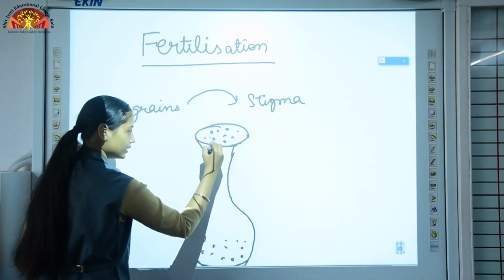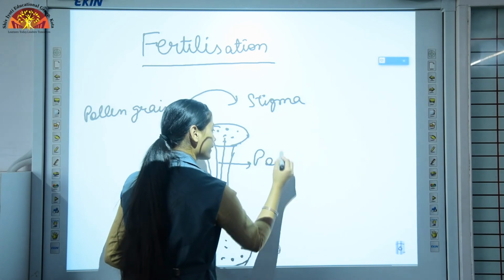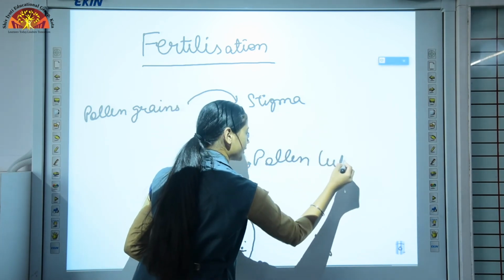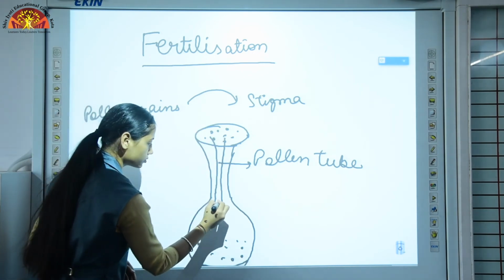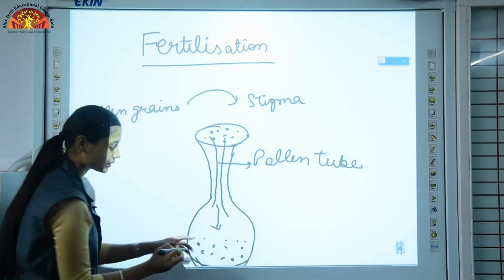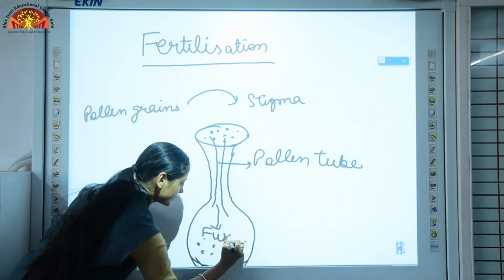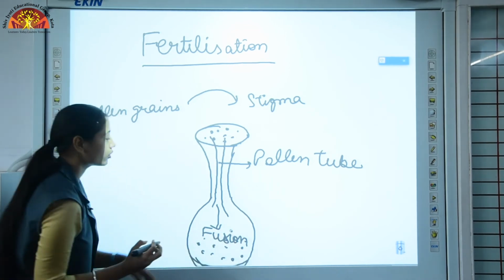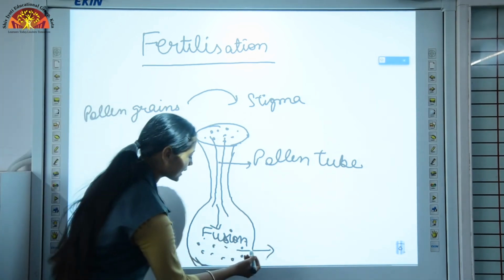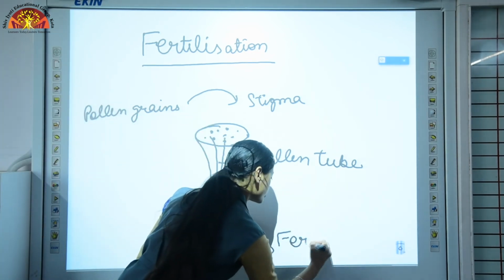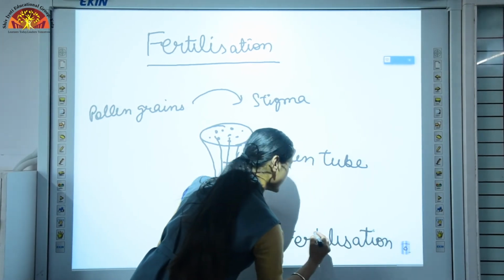these pollen grains will develop a tube which is known as pollen tube, and this pollen tube will carry pollen grains from upper side to here, because eggs are present, so here fusion will take place. Because now pollen grains, the male gametes have reached to the female gamete and fertilization will take place. So this is what actually happening.